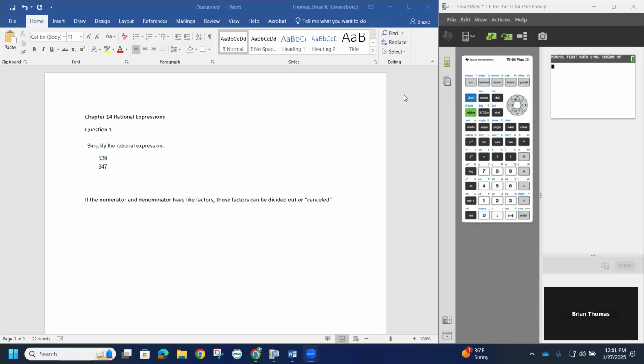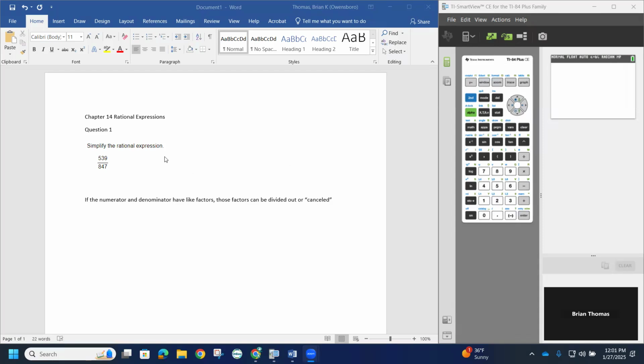So this will begin chapter 14. We'll work with what we call rational expressions. Rational expressions is when we have an expression that has a numerator and a denominator in it. So remember, if the numerator and denominator have like factors, those factors can be divided out, or sometimes we use this phrase